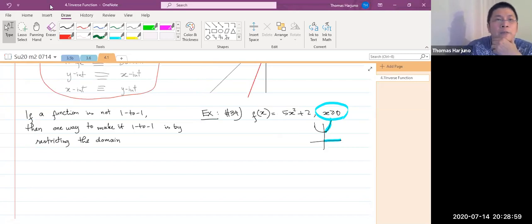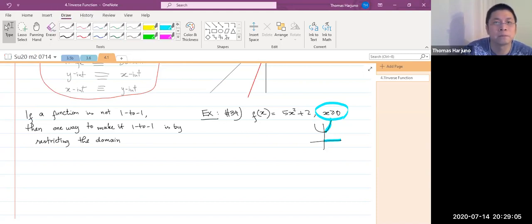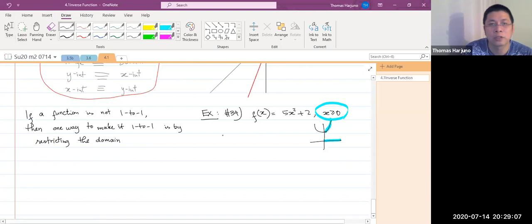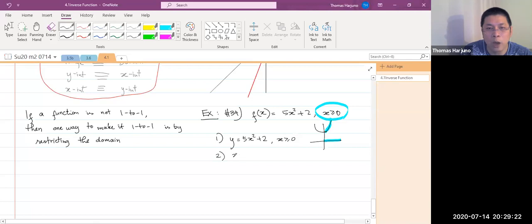Then how to find the inverse function? Once it is one-to-one, then it is a common question to ask, what's the inverse function? So step 1, y equals 5x squared plus 2. Now, if I were you, I will still write the requirement, x is greater than or equal to 0. Now then, when I swap, x becomes y, y becomes x,